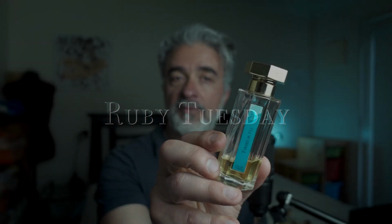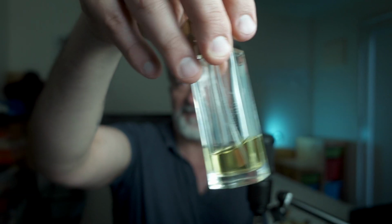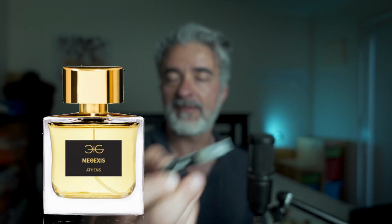On Tuesday, I went with Timbuktu, and I'm really going to make a conscious effort to finish this before the end of the year, and there'll be plenty of opportunities to wear it. I like wearing this in a little bit of heat. And then I sprayed on some more of this perfume called Methexis by Manos Gerakinis, and I have talked about